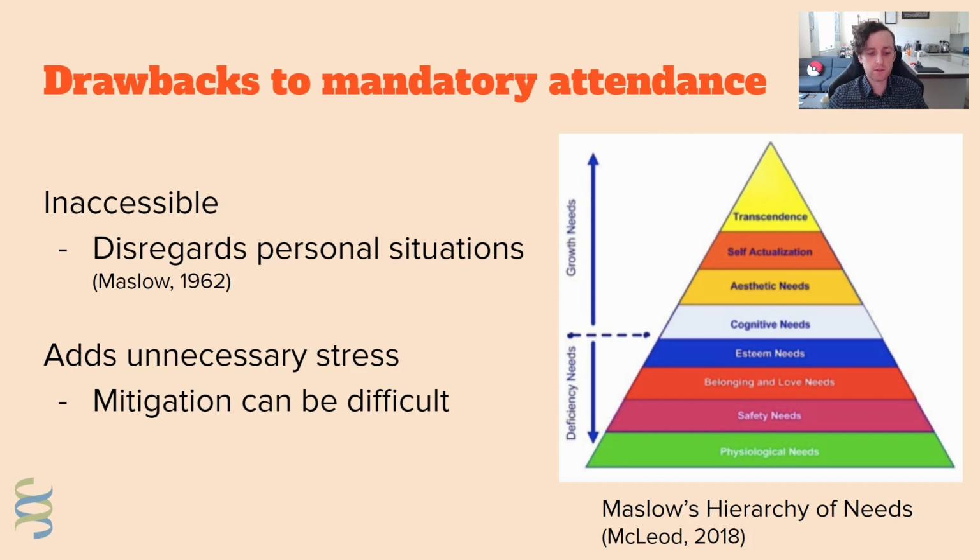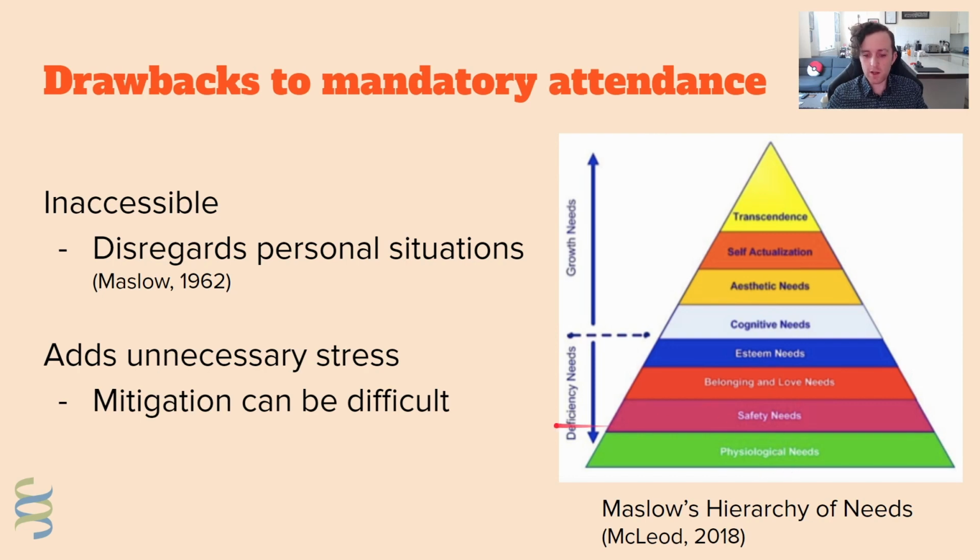Making attendance assessed and making it mandatory is very inaccessible. Basically, it completely disregards anything else that the students might have going on in their lives aside from their university course. And as we look on the right here, we can see this is Maslow's hierarchy of needs. Just if you haven't seen it before,